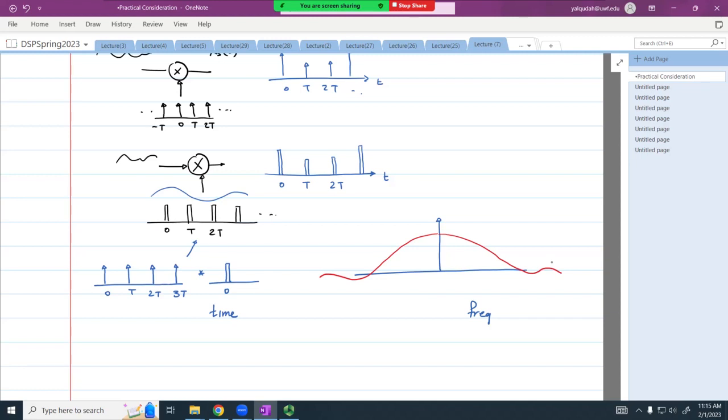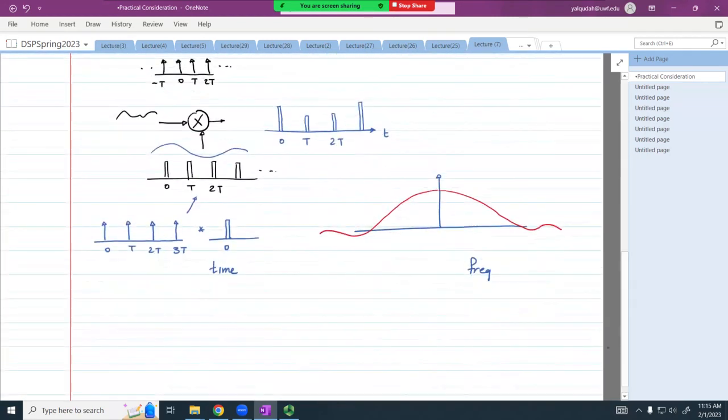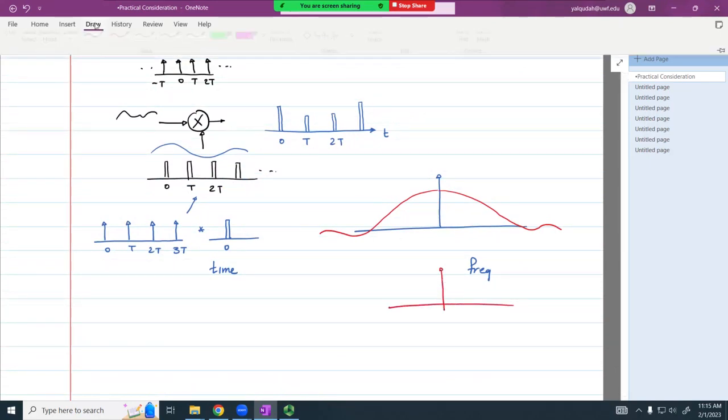What is the impact of this shift? Whatever the spectrum of the signal is, it is going to be multiplied by the spectrum of this rectangular pulse. You see it? So if the signal that I'm trying to sample, for instance, has a spectrum that looks like this,